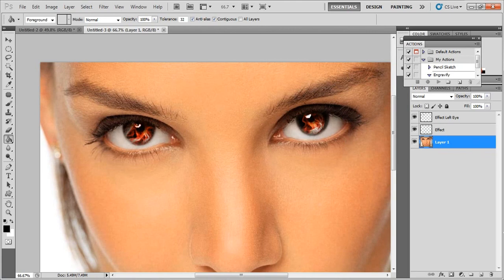So like I said, fast tutorial, really nice effect, and of course you can play around with it and change the color, make it green or blue or whatever you want, make it more saturated, make it brighter, add a glow. Always, always, always play around with all of the things you learn in these tutorials and try to come up with something of your own. So until next time,